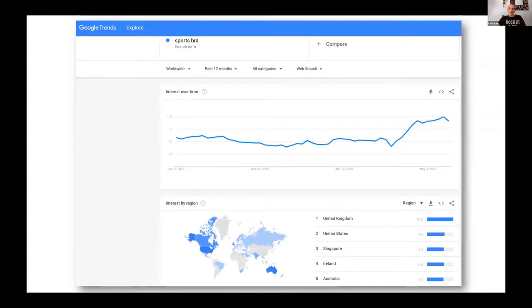So if you were a cool clothing store company that happens to sell sports bras, it's an amazing opportunity to apply an English-only international SEO strategy. Also a tool that you absolutely need to be familiar with is called Google Trends. You will see where certain search terms are trending around the globe. It's easy to implement an SEO strategy for certain markets if you know how to do it.